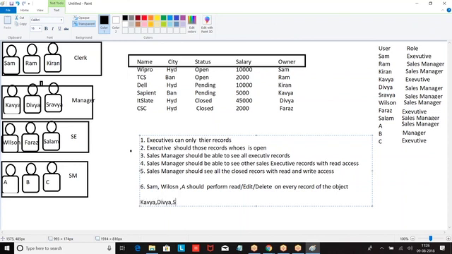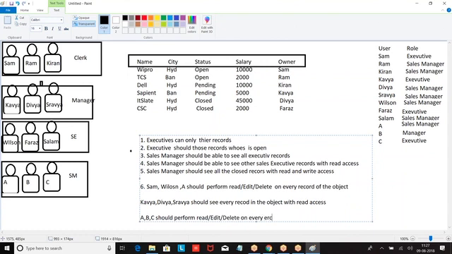Kavya, India, every record. A, B, C should perform read, edit, delete on every record of the database.